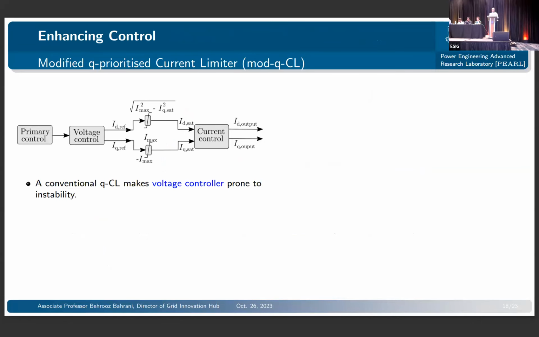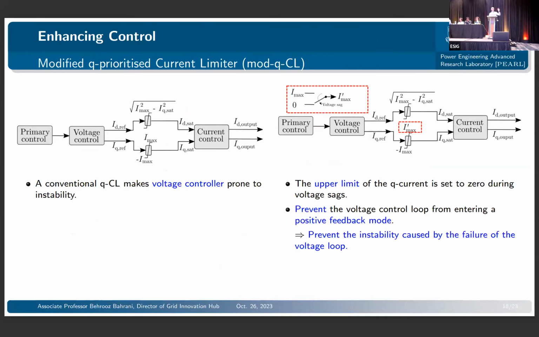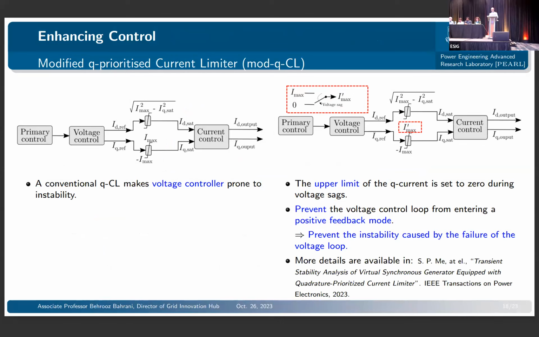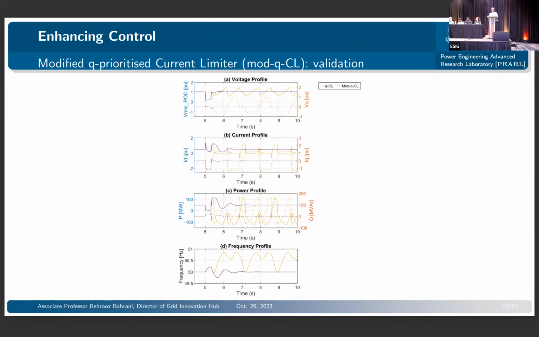I think I'm out of time. Very quickly, I'll talk about the two enhancing controllers that we've got. Based on the analysis that I showed for transient stability, and that the voltage loop might become unstable, a very simple fix is that instead of having the limits of your reactive current between negative Imax and Imax, simply put it between negative Imax and 0, because you wouldn't need the positive range, and it can only make your system unstable. So that simple fix can help with that endpoint issue that I mentioned, and this is one test we did, and it helped.